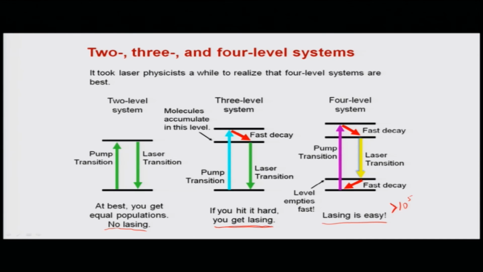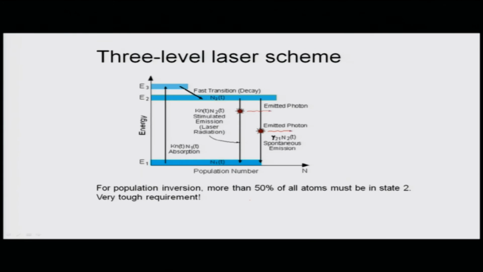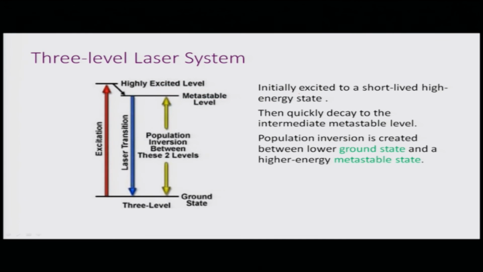So, that is why if you can get to a point where you hit it hard, you can get lasing for 3 level, but in case of 2 level, as we know, it is not possible under these situations. So, generally we have now understood the way of looking at it. Roughly, we are looking for more than 50% of all the atoms to be in the state 2, that is roughly how to look at it in a 3 level system mode, and these are different representations